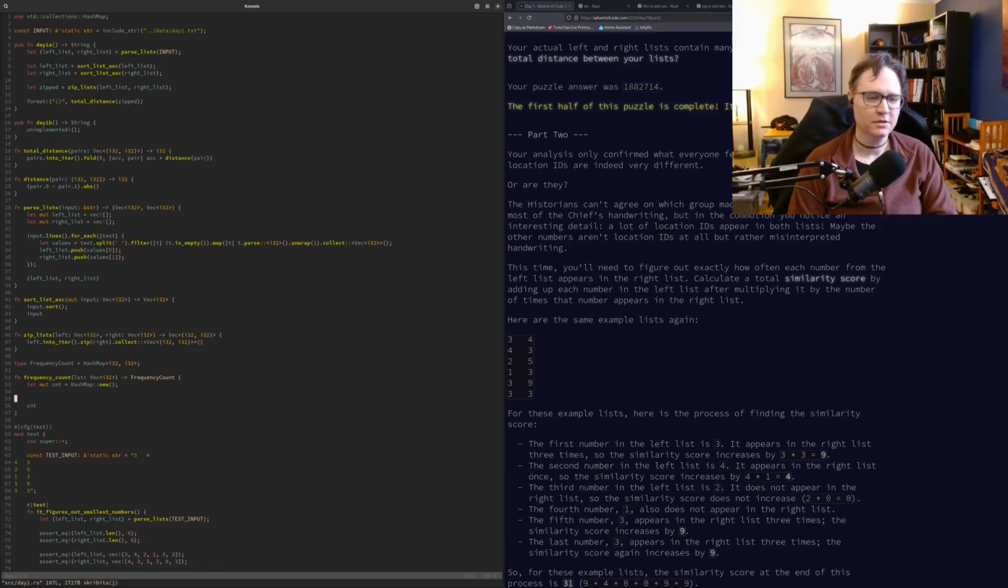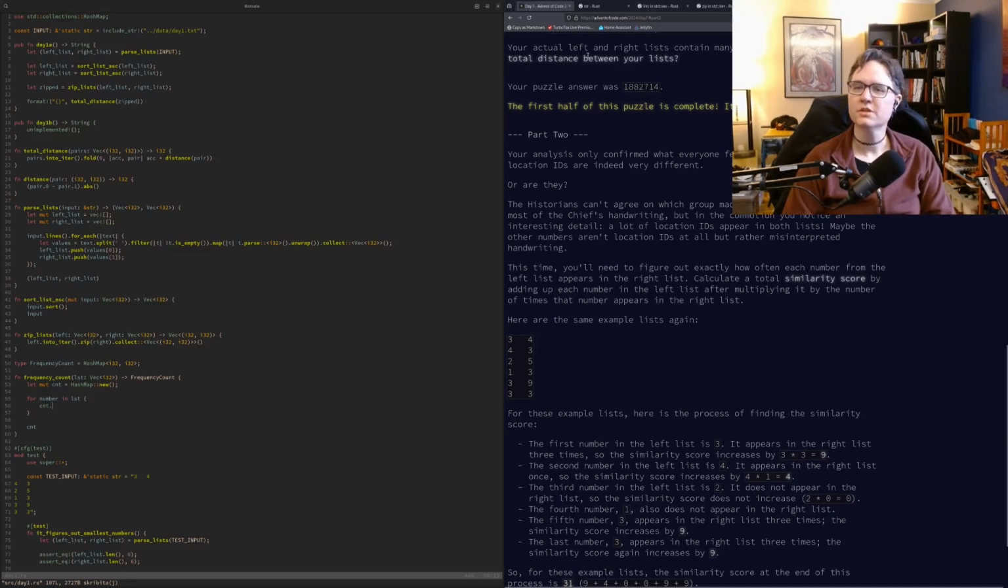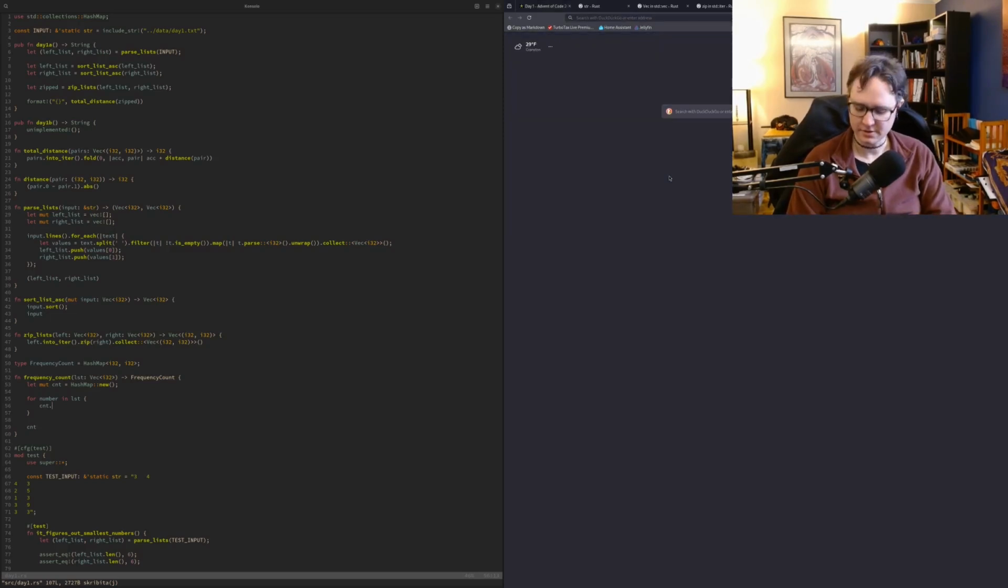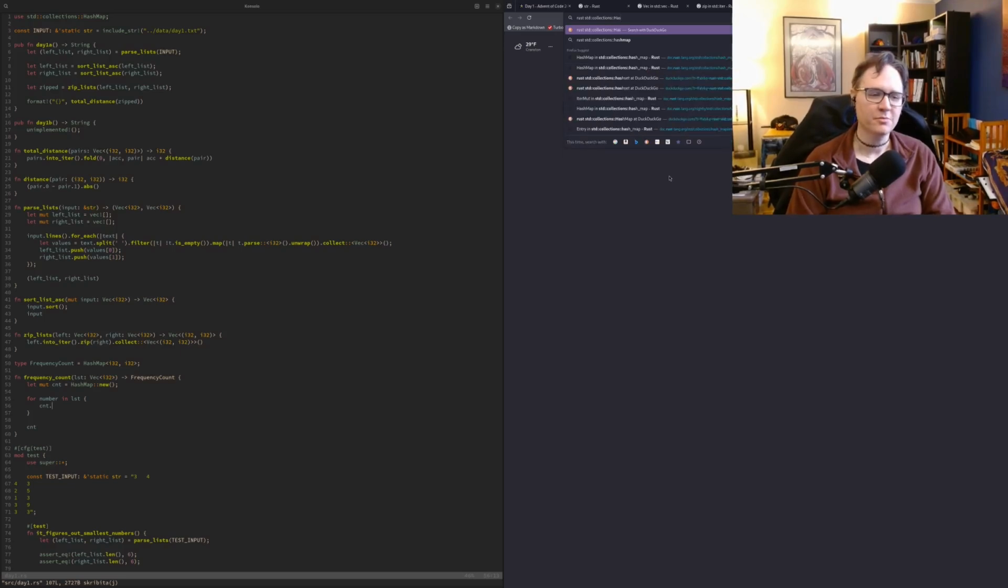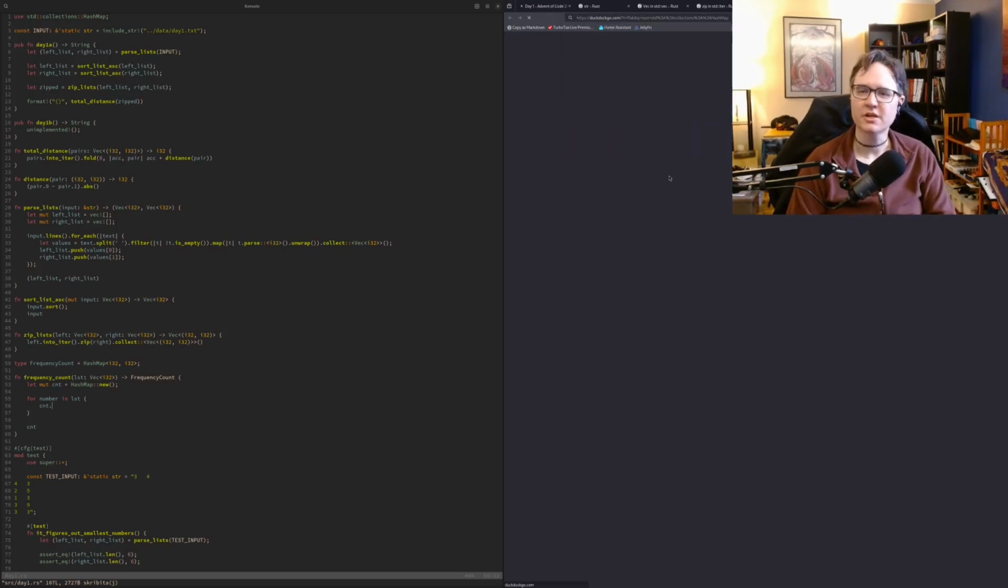So actually, let's do it this way so that it's clearer, and then I'll rewrite it into an iterator expression. So let's see here. For number in list, cnt dot... Ooh, this is a pretty common operation, but I've forgotten it. I haven't done it in a long time. Oh, wait, no, I do remember. I'll go ahead and bring the documentation up, but